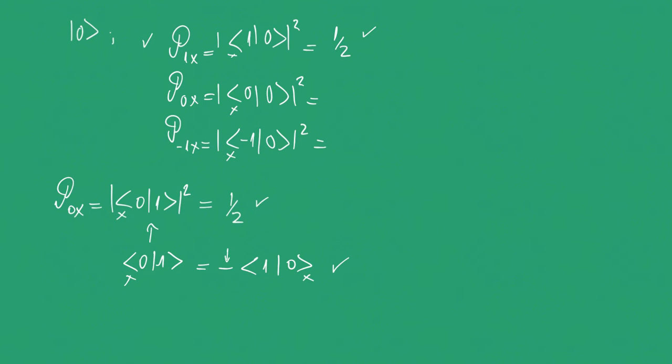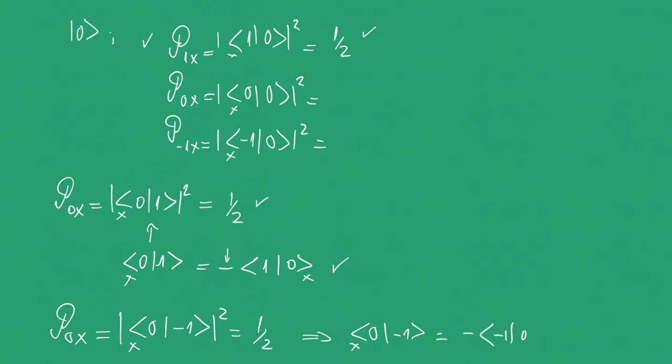Similarly, for the other case, this last probability here must be half as well. Then, as we know that the sum of all the probabilities must be equal to 1, there is no doubt that this probability in the middle must be 0. Now that we have all the probabilities involved for the 3 input states, we are ready to find out who